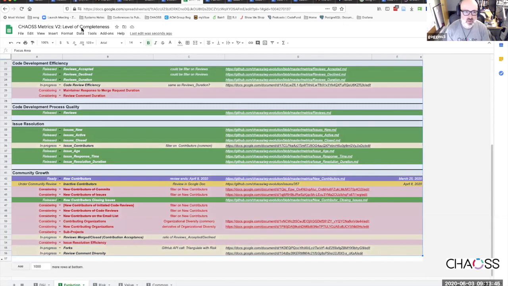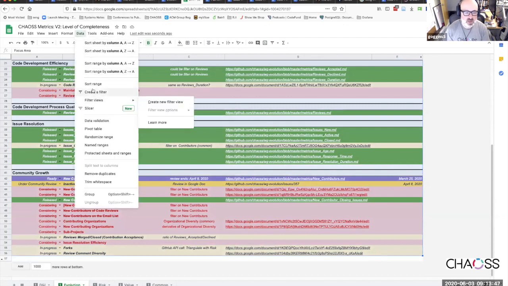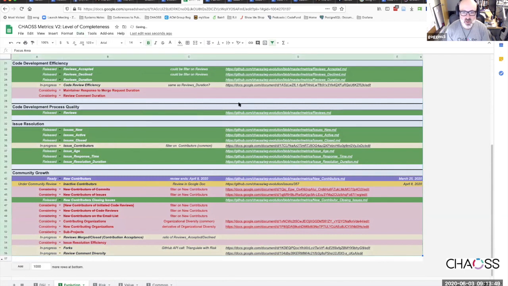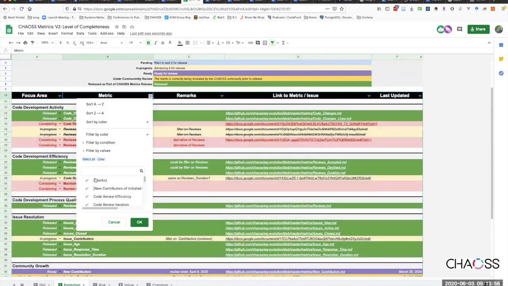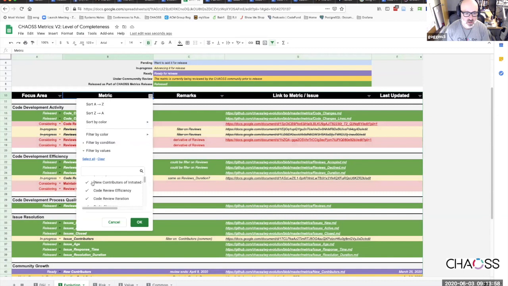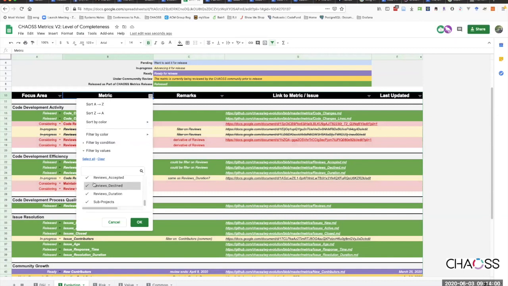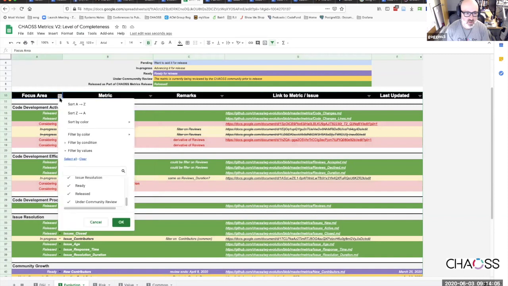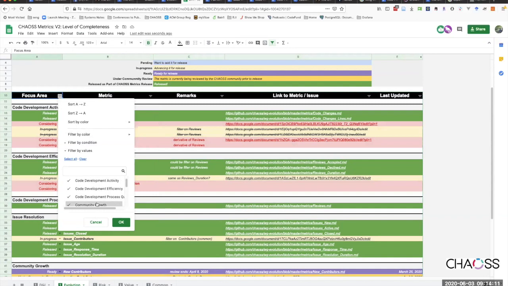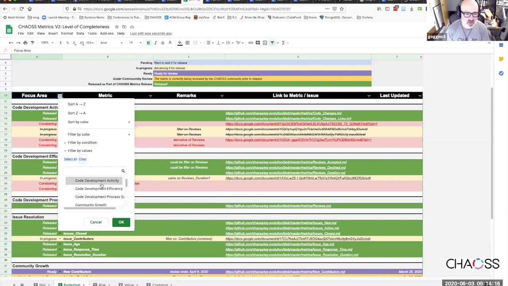I'm just seeing if I can create a filter. Oops, that's not the right one. Under a focus area. Why is that clear?